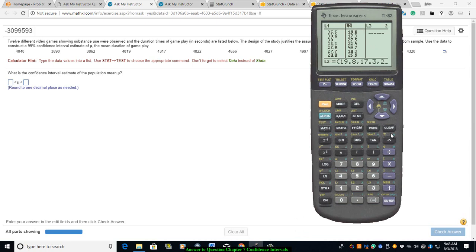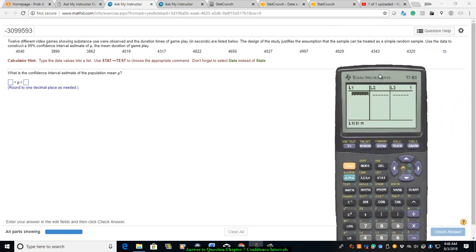I'm going to go ahead and press Clear on all of these, and press Clear here. Now I'm going to enter these numbers in there. So now we're going to have 40, 40, 3890,